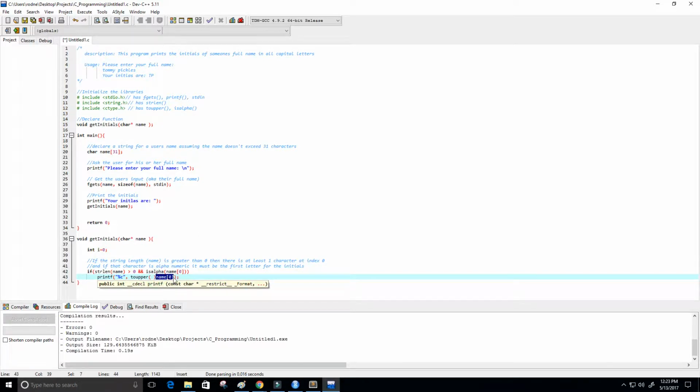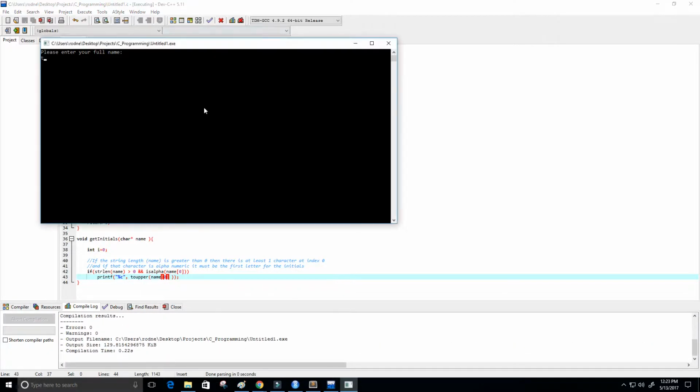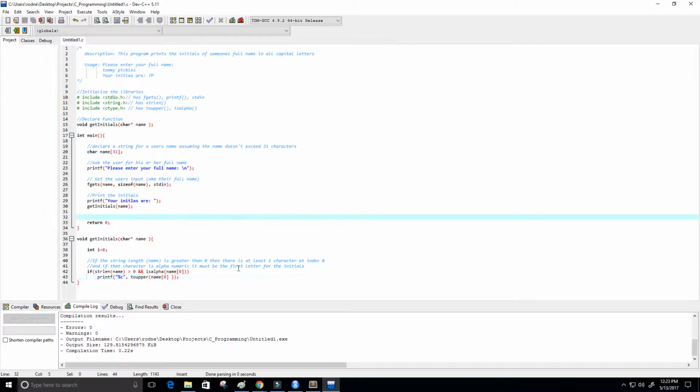And just place the character inside of that function. And that should handle that. So now I type in Tommy, and we get capital T. Alrighty,